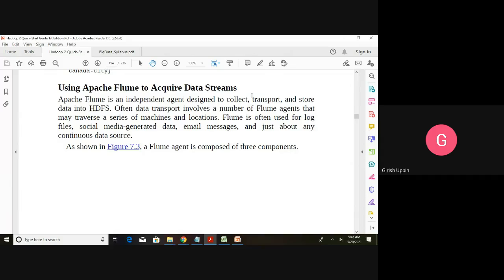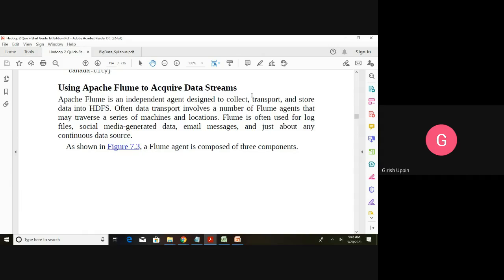Why it is important to acquire data streams: maybe you have a web application, and you have a web farm, meaning you have multiple web servers, and there are requests going into all these servers. Whenever any operation happens, we log into the web logs, and looking at the web log, we want to understand the state of the application, the health of the application, that we can determine.